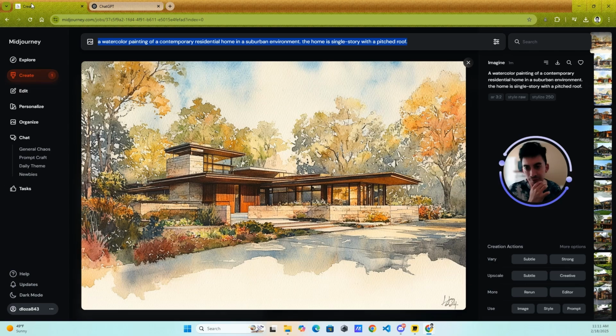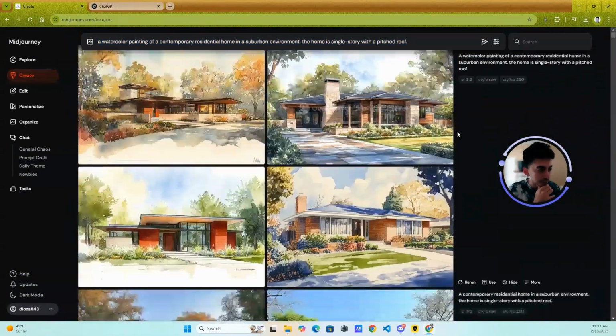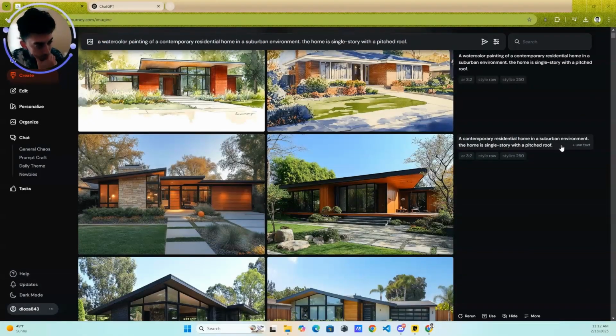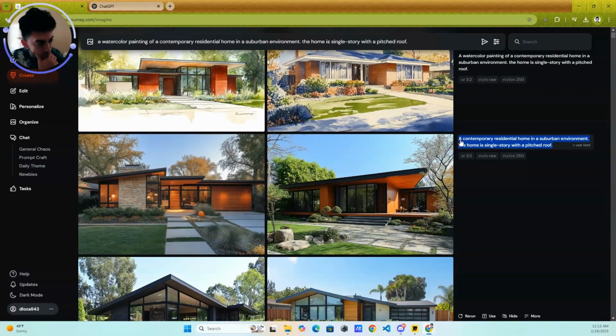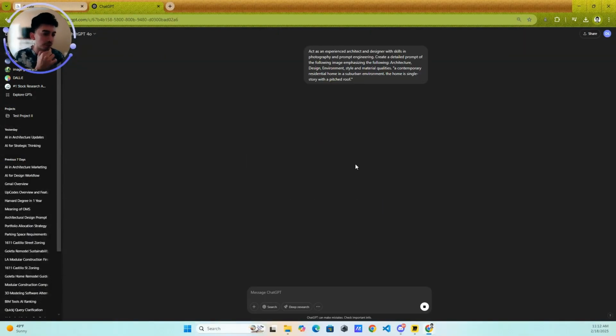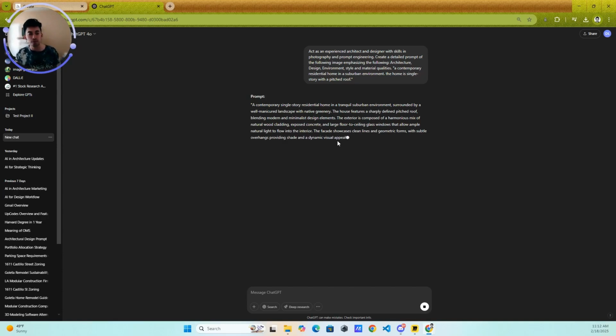And then you give it the sentence. So let's say you want to give it something that was not too specific, but a little bit more in this aspect here. It's not too broad, but you want to be more specific, and you want ChatGPT to help you with that. Along with that, you will get a very nice detailed prompt